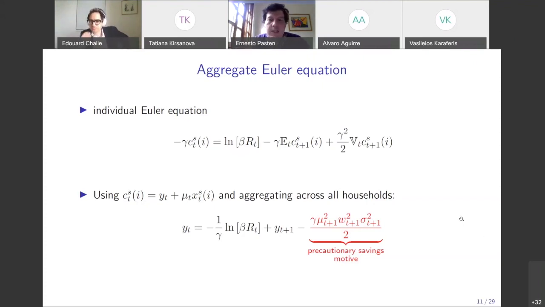I was just asking, exactly because of these two offsetting effects. My way of understanding is that monetary policy affects interest rates, so it affects people's consumption, but it also affects income, and that also affects consumption. If you shut down the income part and then put it together, the aggregate effect is going to be about the same. Here, even if the way to get there is different, you have the interest rate effect, which is muted relative to the representative agent, but you also have the income effect that now kicks in.